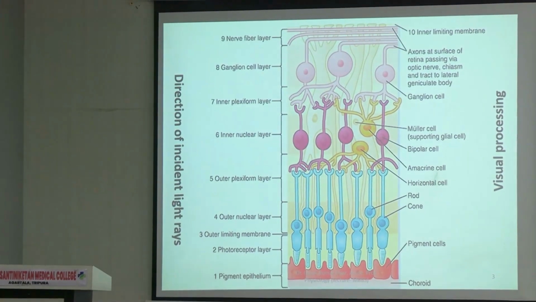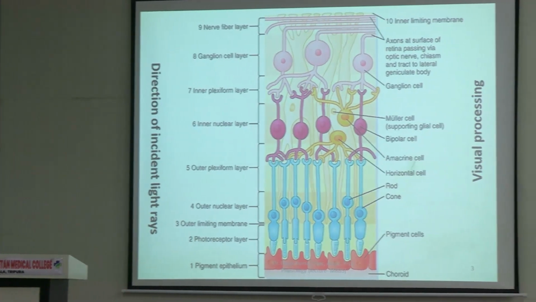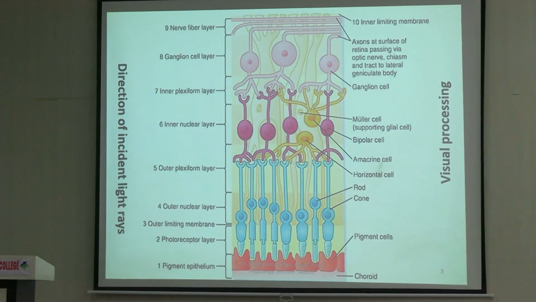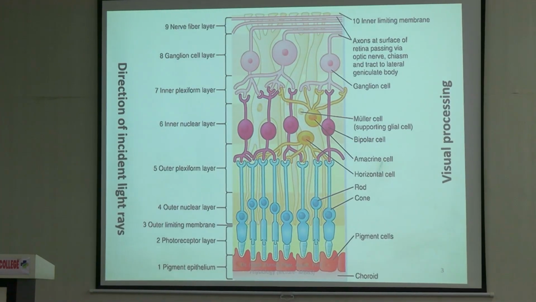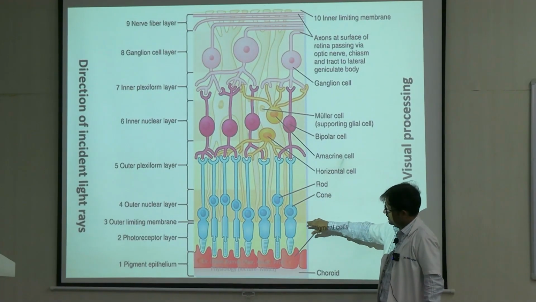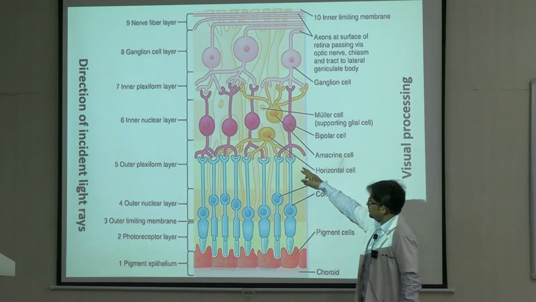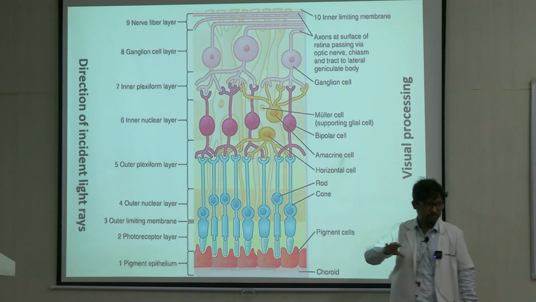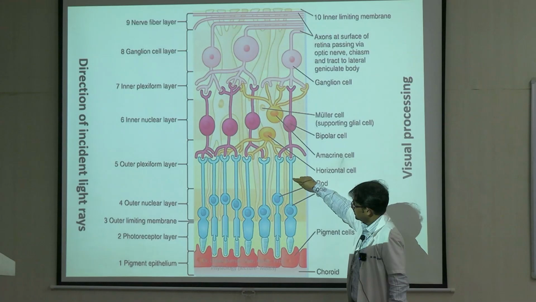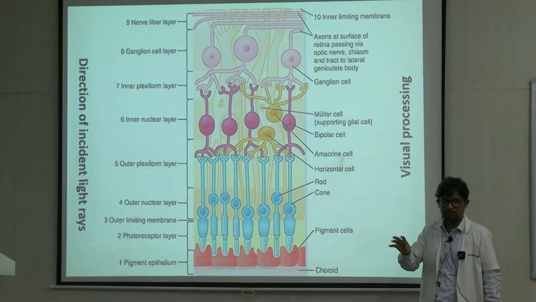Now the retina has got 10 layers, right? As you can see here, it's there in every book. The first layer is pigment epithelium, followed by photoreceptor layer. Then the third layer is outer limiting membrane. So this distinction that you see, this is the outer limiting membrane. Next layer is the outer nuclear layer, layer of the nuclei. Outer plexiform layer. So plexiform, as you can see, is a synapse between two layers. Outer plexiform layer is a synapse between the photoreceptor and the next cell, that is the bipolar cell. Plexiform comes from the word synapse.